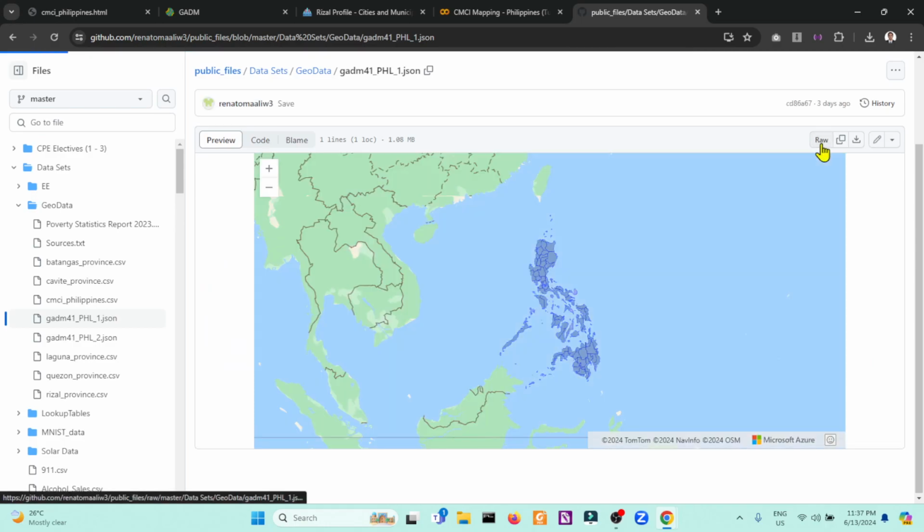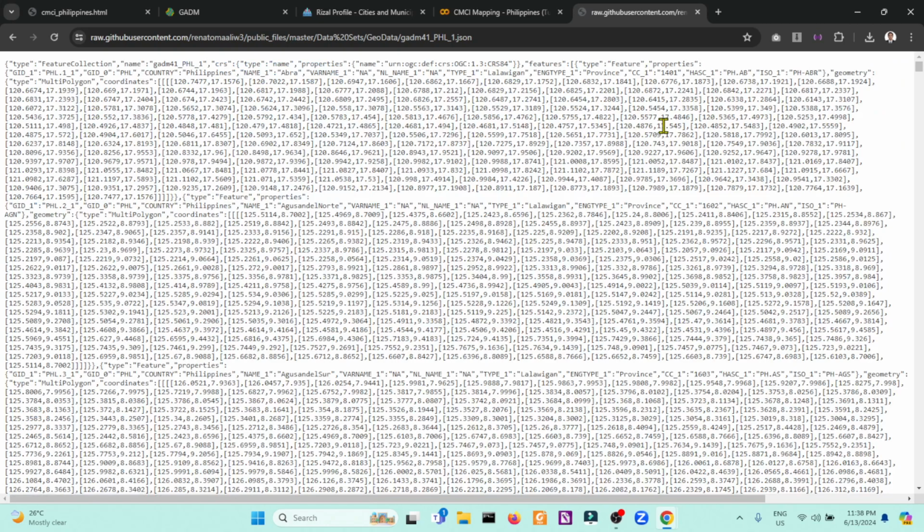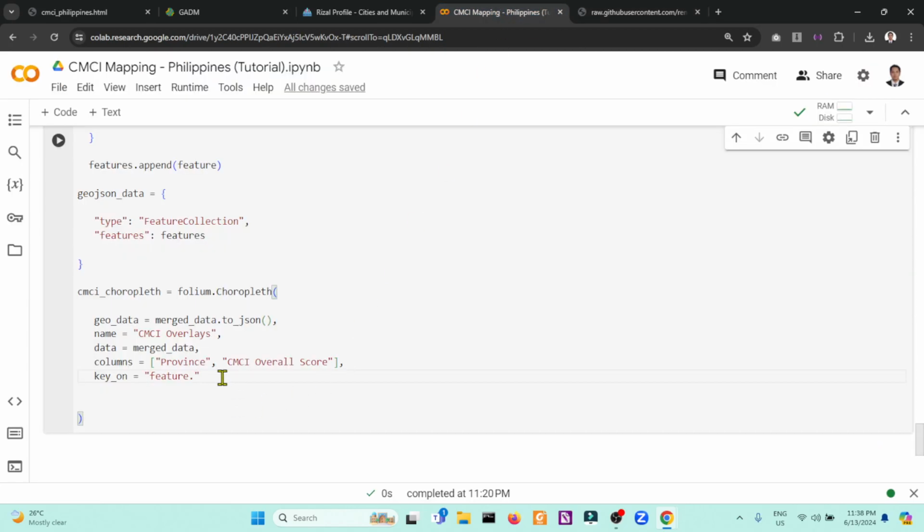If you want to see the raw file of this, we have features and specific properties. Since our join will be at the level of the province, I will say this a feature that we have properties.